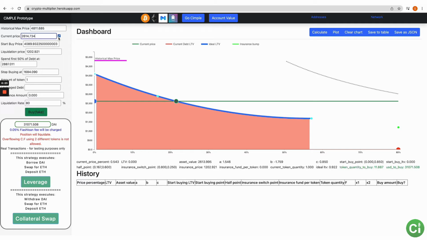Okay, so let's go into the strategy a little bit. Let's click this button. Now that allows me to edit this, right? Let me just explain what we're looking at. So historic max price, also referred to as all-time high. We're probably going to change the text to say all-time high because I think people understand that a little bit better. We have been playing around with how much the price should drop before the user starts buying, and the same thing with selling, where you want to sell at higher prices. Originally it was a 35% drop. We changed it to a 15% drop before you start buying. So let's just leave it there for now.